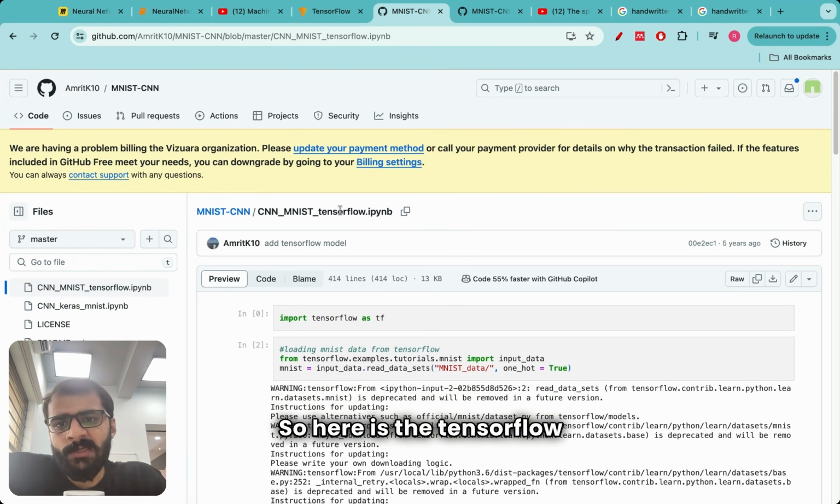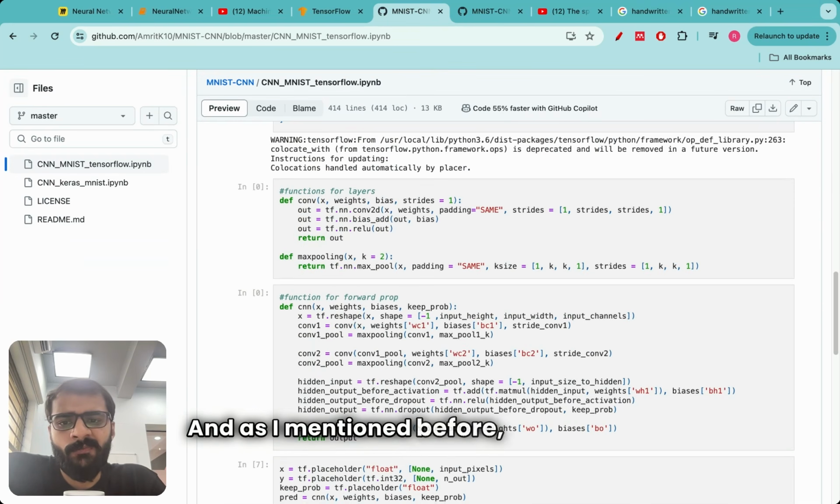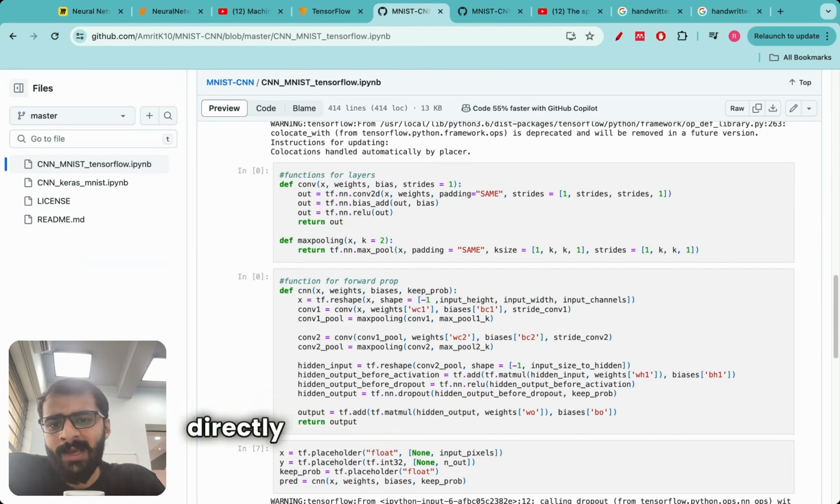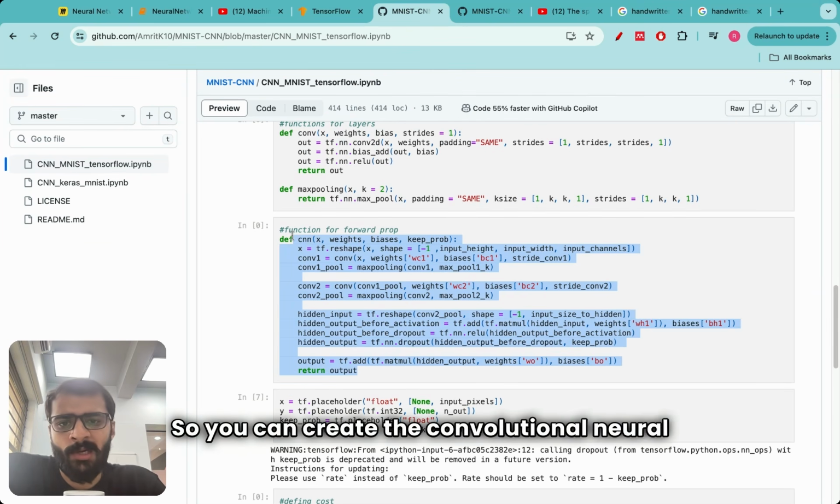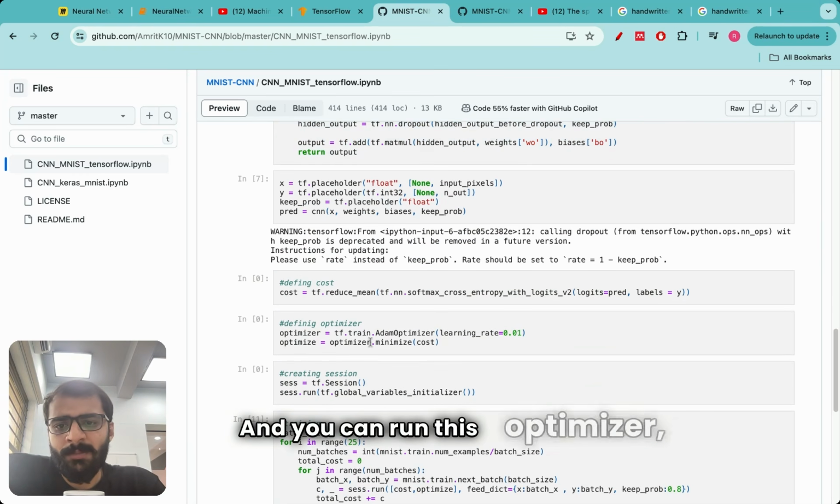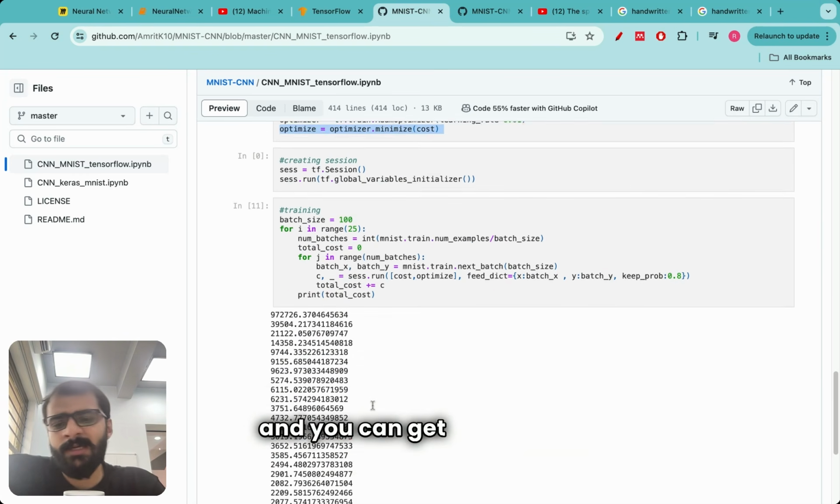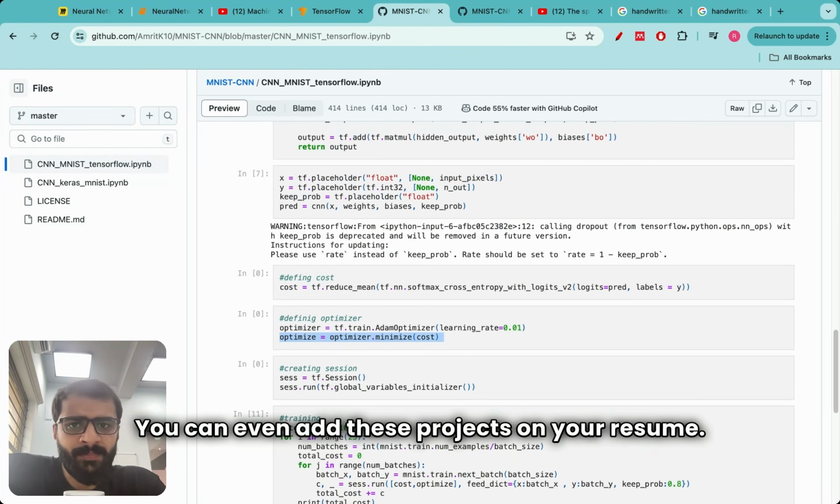So here is the TensorFlow implementation of this MNIST problem, and as I mentioned before, TensorFlow directly gives functions out of the box. So you can create the convolutional neural network by just chaining different layers together, and you can run this optimizer, and you can get the results. You can even add these projects on your resume. But if an